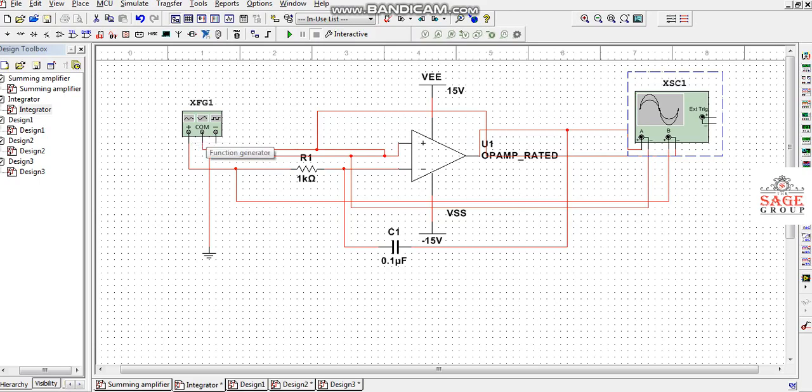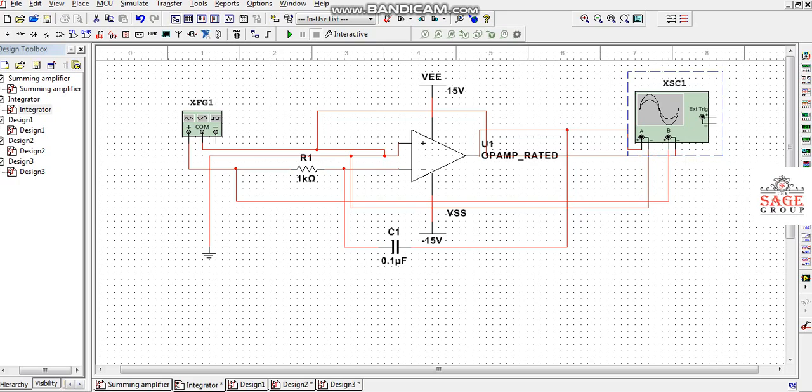So here I am giving the input to the inverting terminal of the operational amplifier, and channel B is provided to show the input waveform, and the output of this operational amplifier is connected to channel A. The non-inverting terminal is connected to the ground terminal.